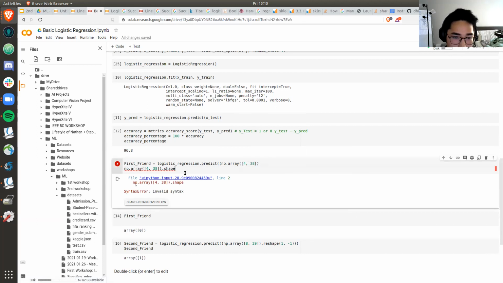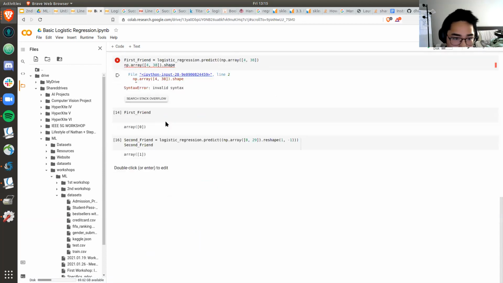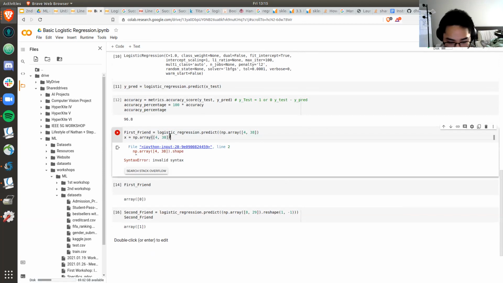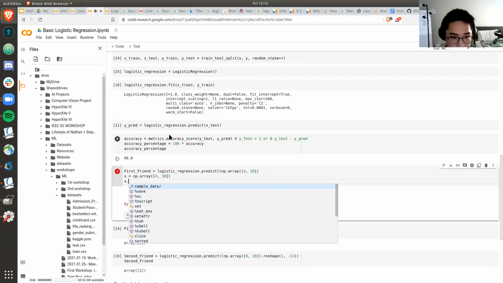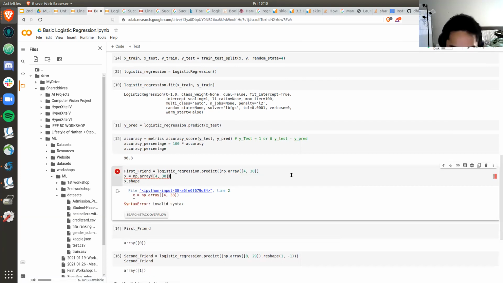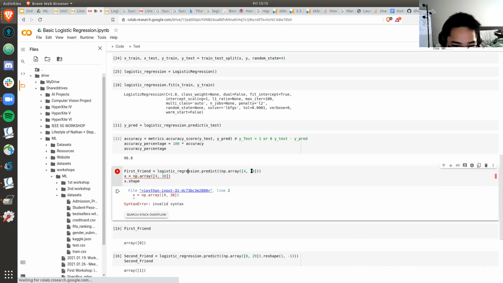Oh, I see. Let me define this x value first. And then I will print the x dot shape. What the? Oh, wait. Oh, I see. What is? Can I just?